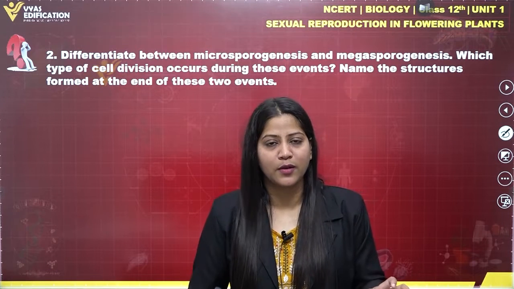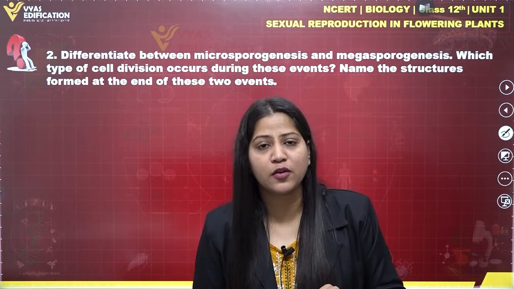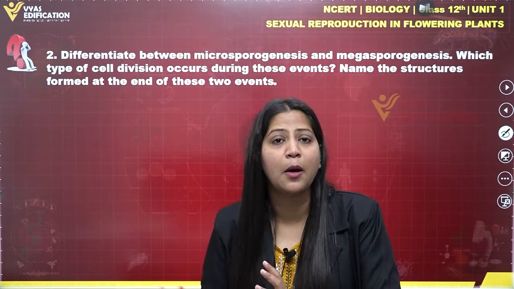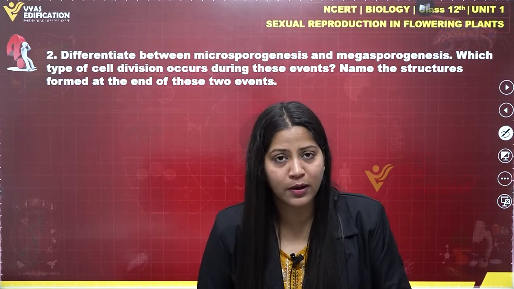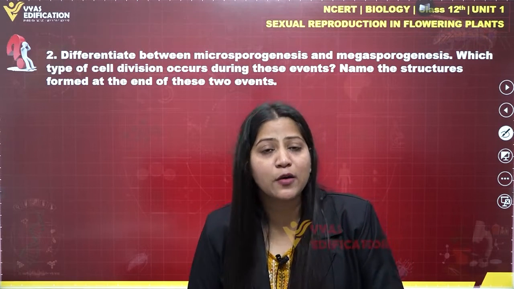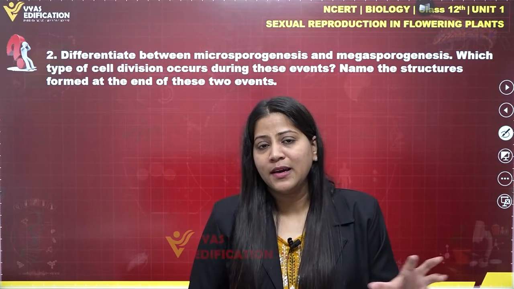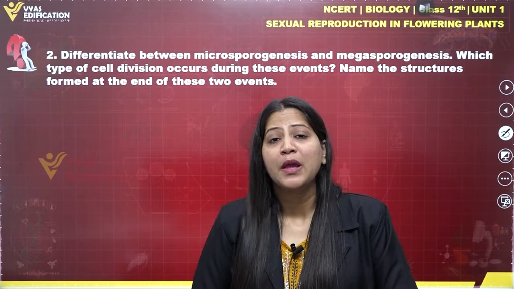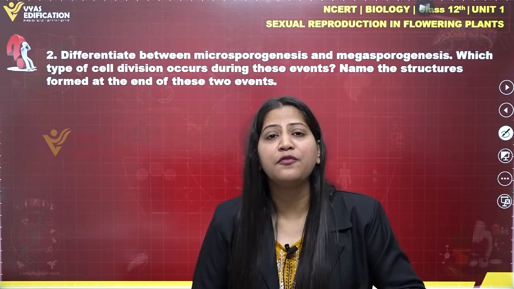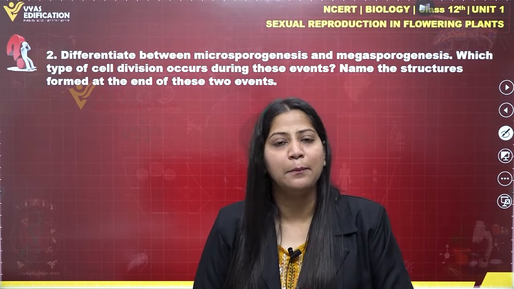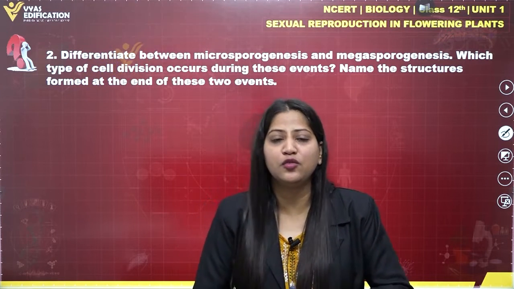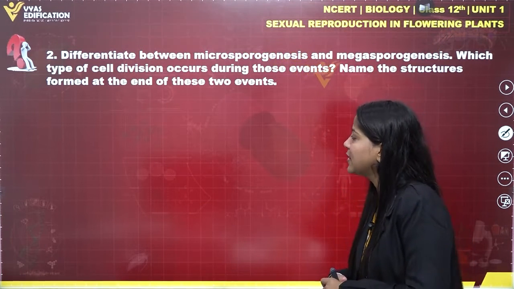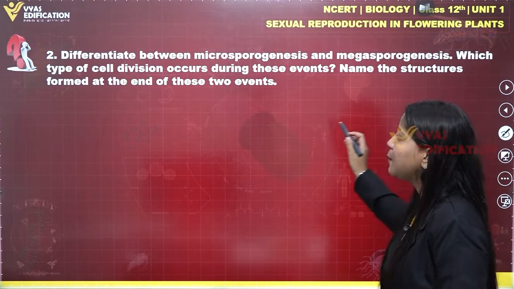So these are the two processes, and this is the difference between microsporogenesis and megasporogenesis. Microsporogenesis is a process which occurs in the male reproductive organ of a flower and will give rise to microspores such as pollen grain. Megasporogenesis is a process which occurs inside the female reproductive organ, which is going to give rise to female megaspore such as embryo sac. So this is the difference between these two processes. Now we have to tell what type of cell division